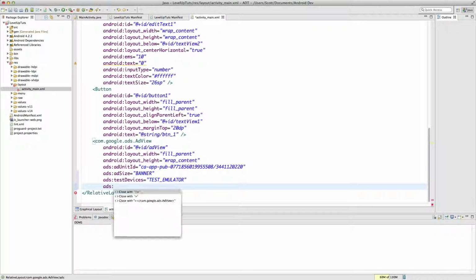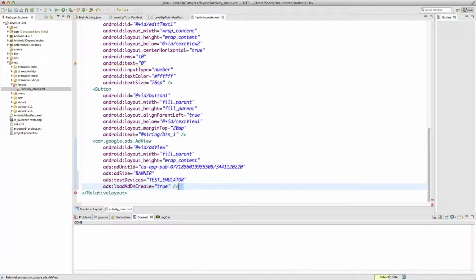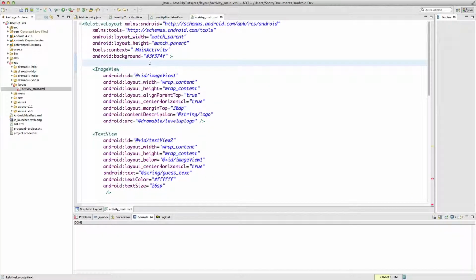So let's do ads, colon, load ad on create equals true. Okay, so we want to load this ad on create, and of course we need to close out our XML element here with a /. And there's one more thing we'll need to do. You'll notice we're getting this red X here, and that's because we need this line up in here in our